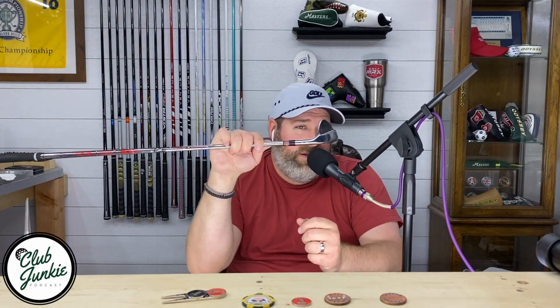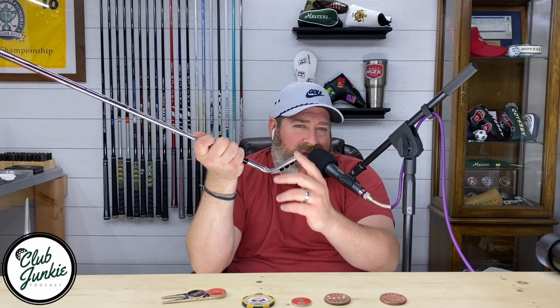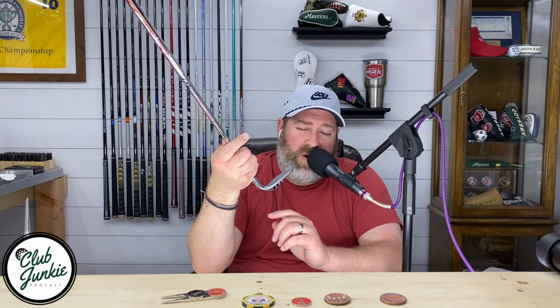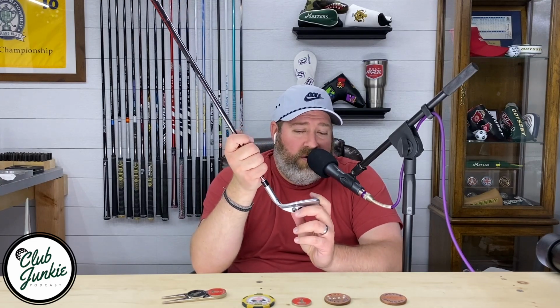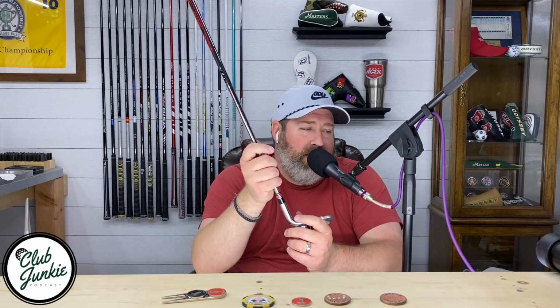So this is the C grind, which is actually for the shallowest players, so the shallowest swings, people who are going to pick the ball, not really take big divots, take medium to smaller divots, and also pretty versatile for people who want to open the face, where the leading edge is going to go crazy and lift off the ground. But it's got a little more sole width as well, just so when you do open it out of the trap, it's easy to play. But again, this is pretty much made for your sweeper, picker, people who are a little more shallow with their swings. And it's funny because that's really not my game, but they also make a T grind, a V grind,